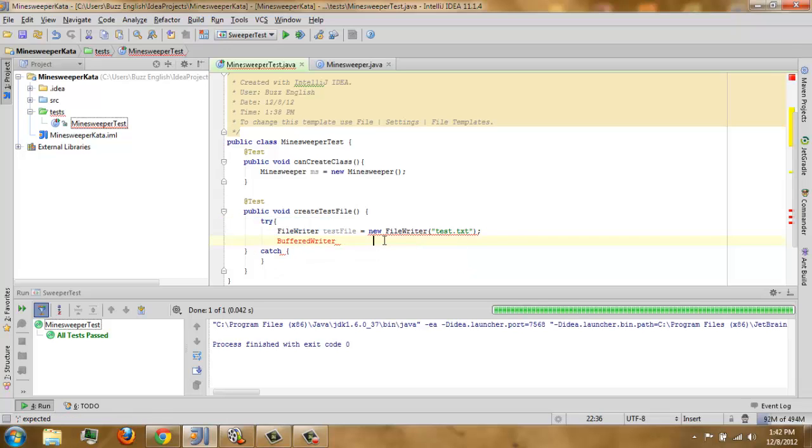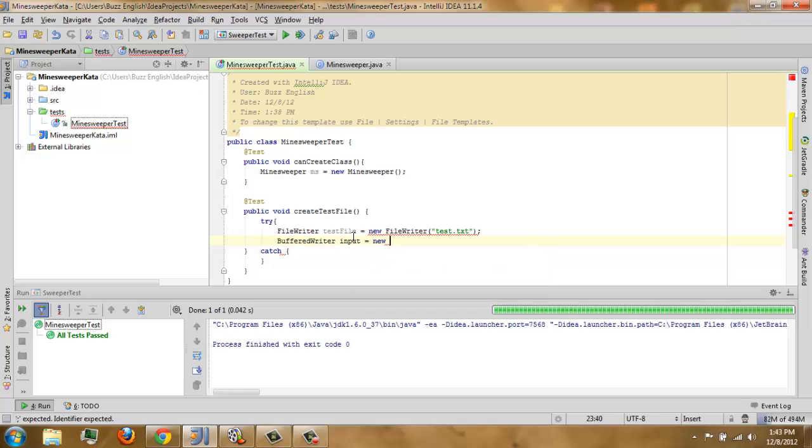So let's have a BufferedWriter. We will name it input because this will serve as our input file.